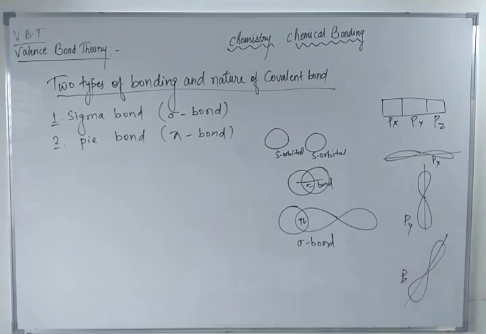Sigma bond is formed when the two orbitals overlap along the axial or symmetrical axis. When the covalent bond is formed by the overlapping of atomic orbitals along the same axis, s axis, x axis, s axis, px axis,